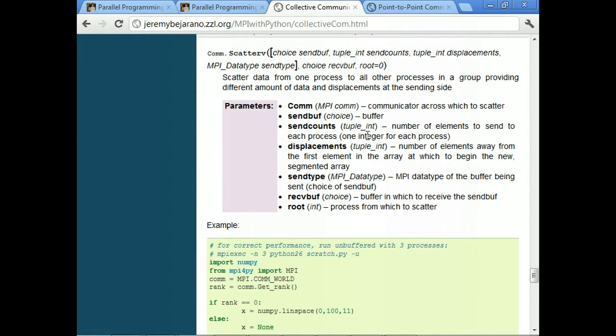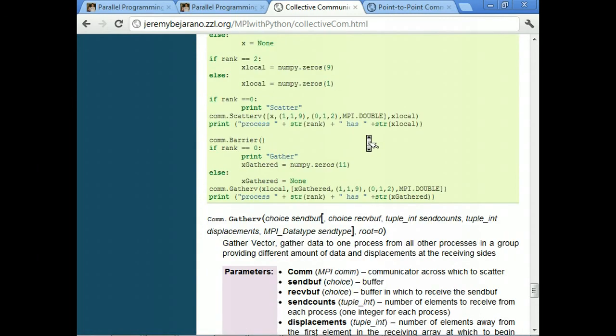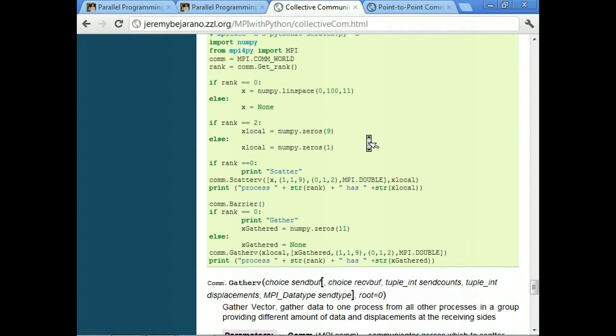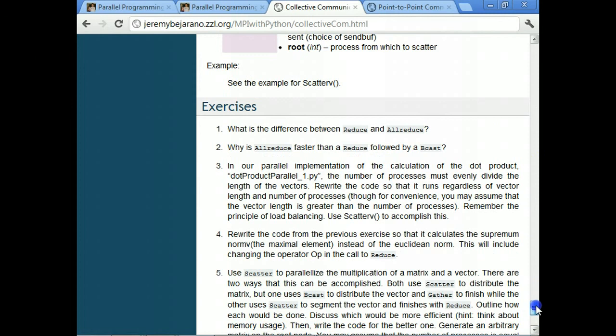So for today, then, it looks like the assignment is just going to be to complete these 5 exercises here,